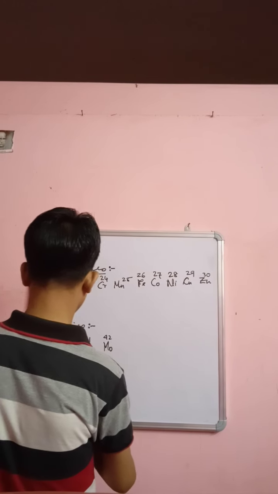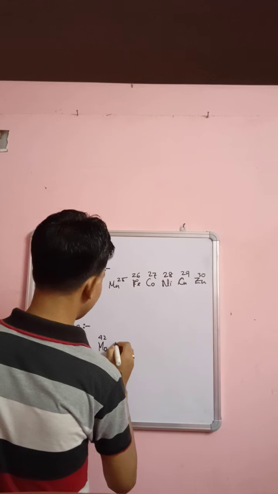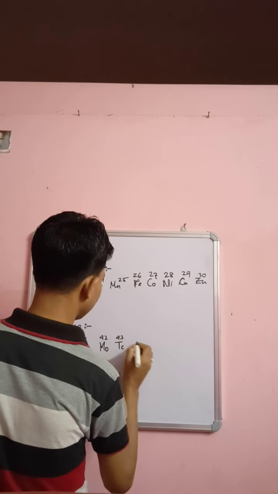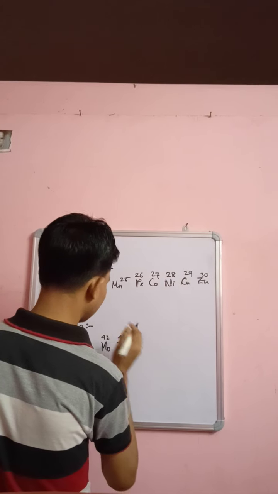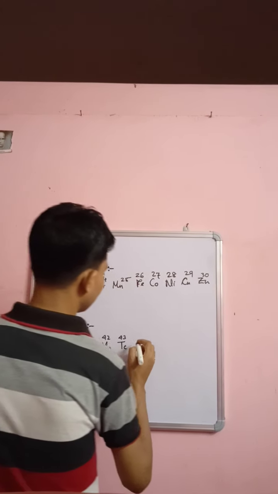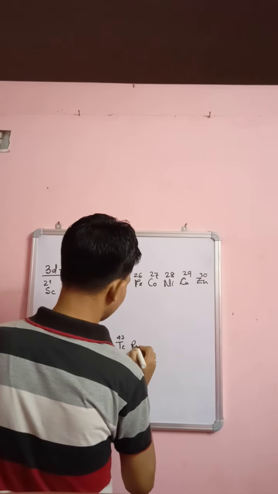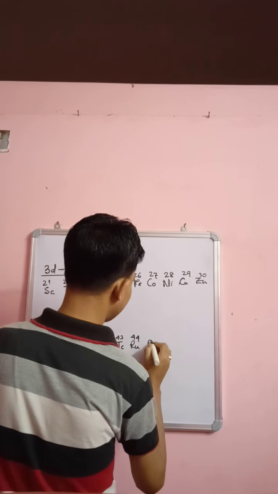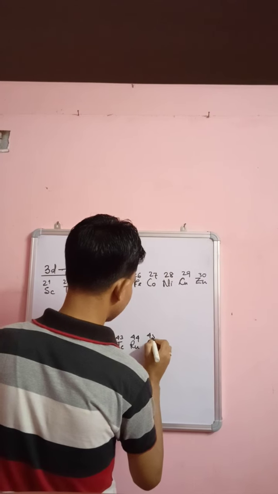Then we have technetium, that is 43, then ruthenium 44, then rhodium 45,